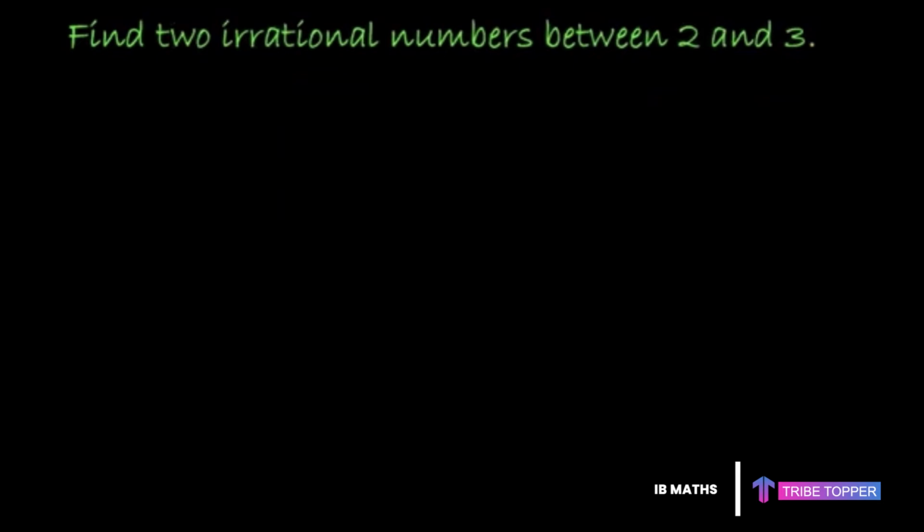So after learning about how to find rational numbers, let's move to finding irrational numbers between any two given numbers. So I have this question here, find 2 irrational numbers between 2 and 3. So for that we can think of any number which is a non-terminating and non-repeating decimal. So I can write the number